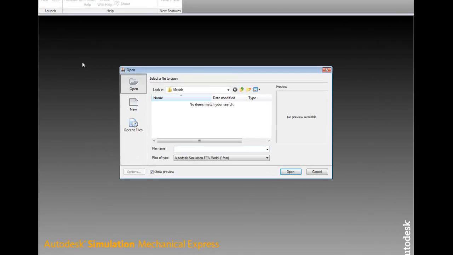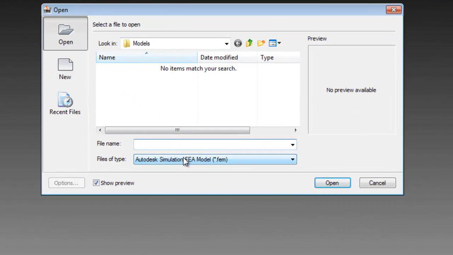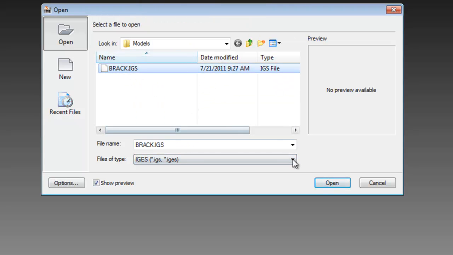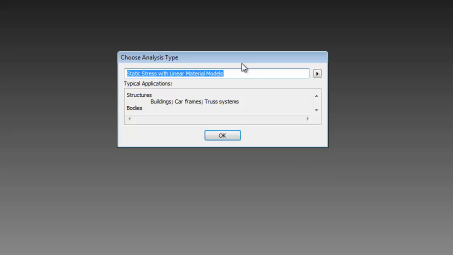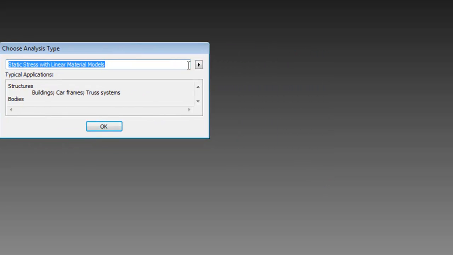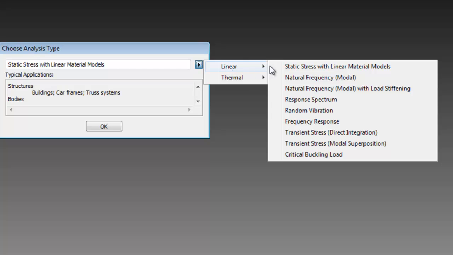My name is Dave May, and now we're going to be talking about running a modal or natural frequency analysis. I'm going to go ahead and just open up an IGES file. I'm going to open the same one we ran for static stress analysis if you watched that video. Again, you could easily import any geometry from Inventor just by clicking the Start Simulation button from within Inventor in